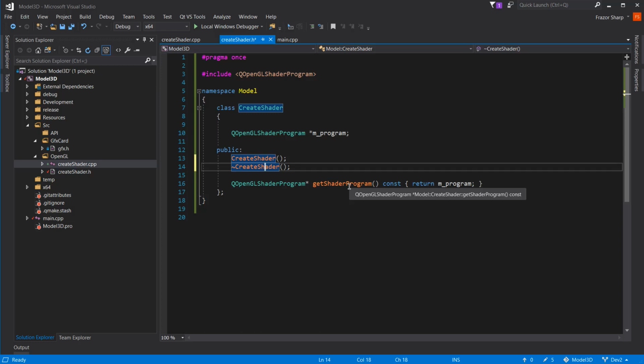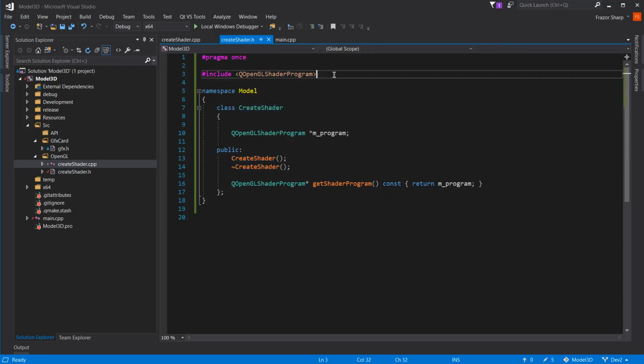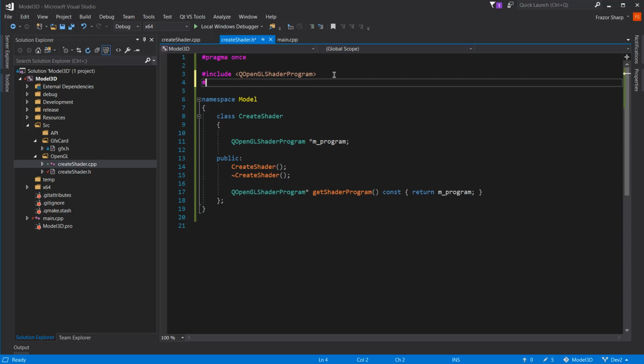So that is our create shader.h. Quite simply, it's create shader and delete shader. The only thing that we're going to hold in here is the shader program. That's all it's going to be for. How this works later is interesting, to say the least. When we create the shader, we will need to hash include